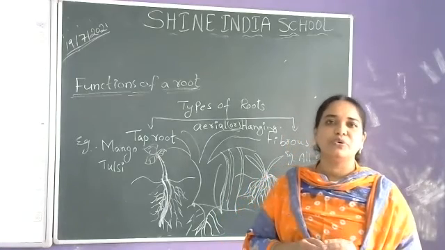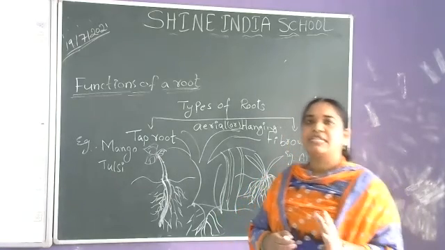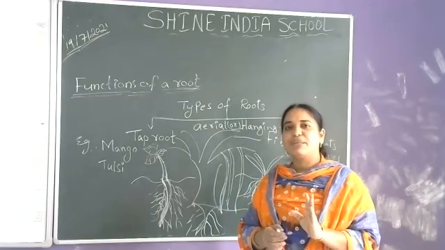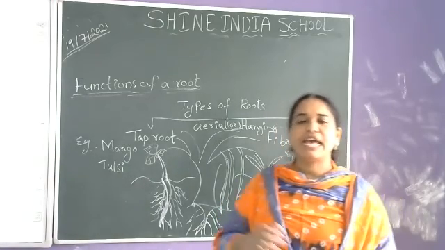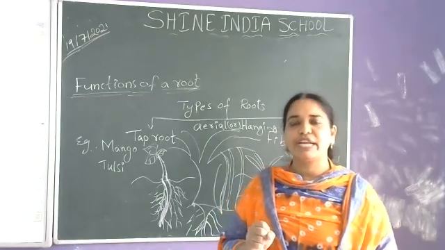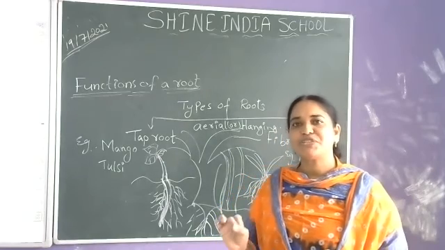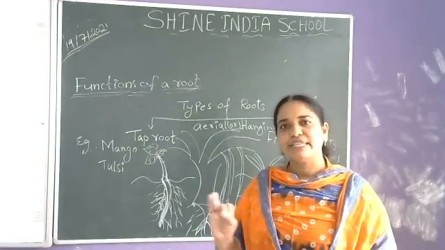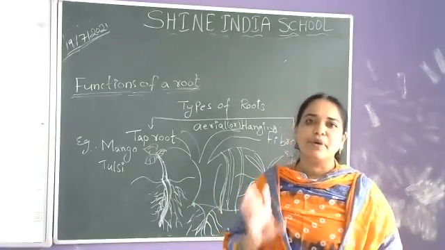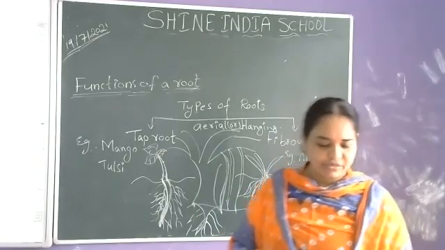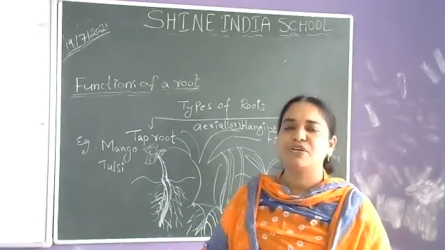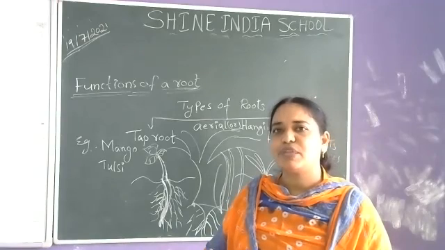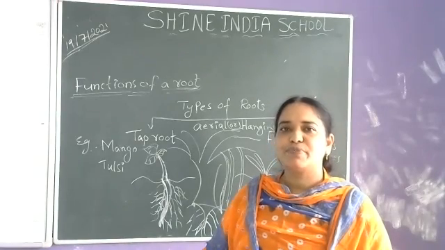No. Why? Because if the plant does not have roots, it is unable to absorb the water and minerals. For the preparation of food it requires air, water, and sunlight. If there is no water, how will the plant prepare food? Because of that reason,